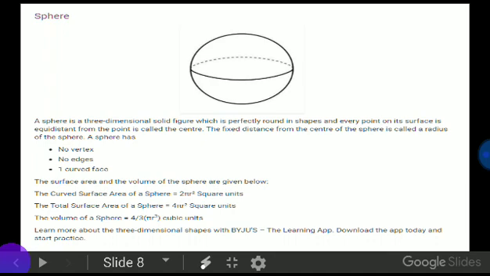So it is all about the volume of all the 3D shapes which we have discussed right now. I want to conclude that whenever we need to find the volume of the given solid, we have to focus on its 3 dimensions and somehow find the product of its 3 dimensions.